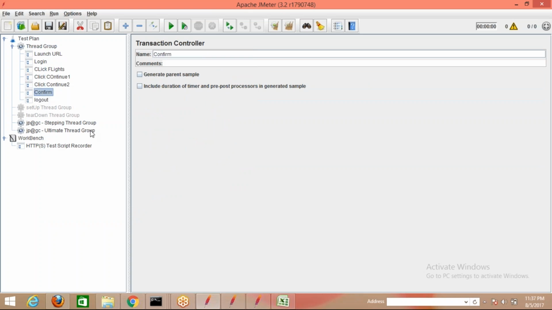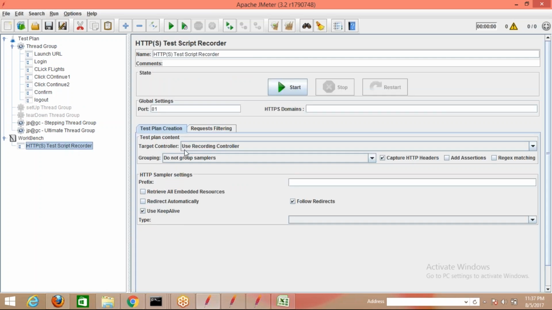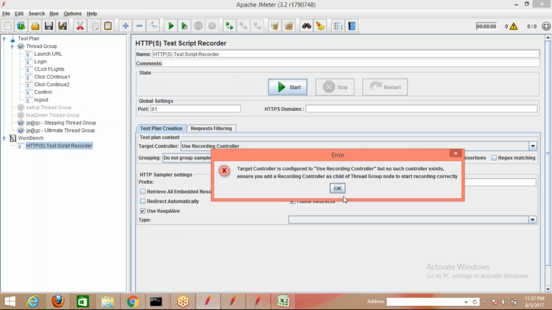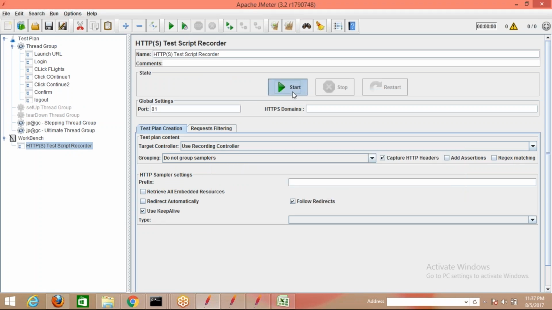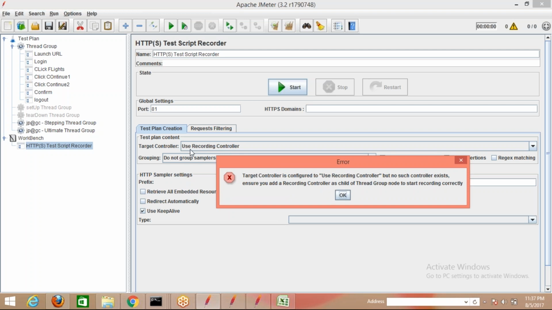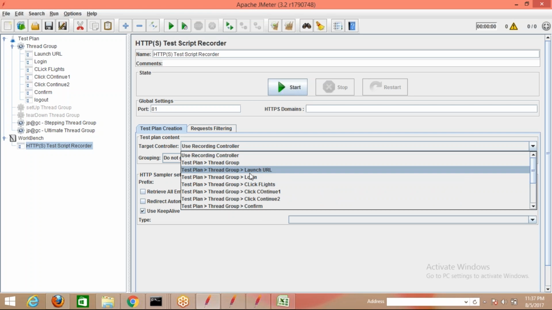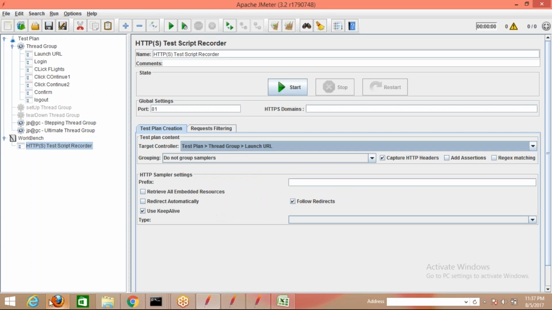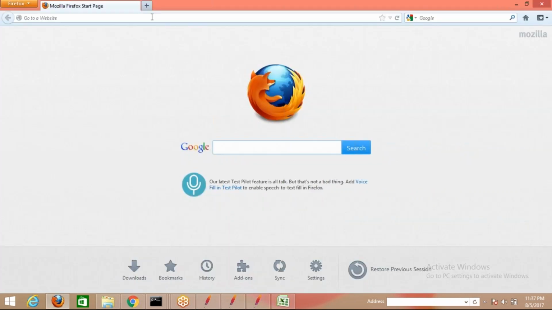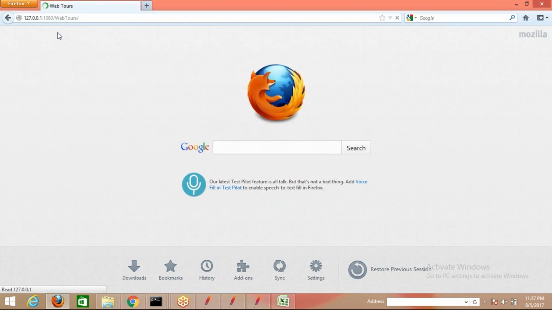So these are the transaction controllers it has. So we'll start recording that. To record, we just have to say start recording. By default it is using the recording controller, but we have added transaction controllers. So you have to select in which transaction controller you want to record. Let's say I'm starting with the launching URL, so the launch part you'll add in that. We'll type the URL. So once the page is loaded,